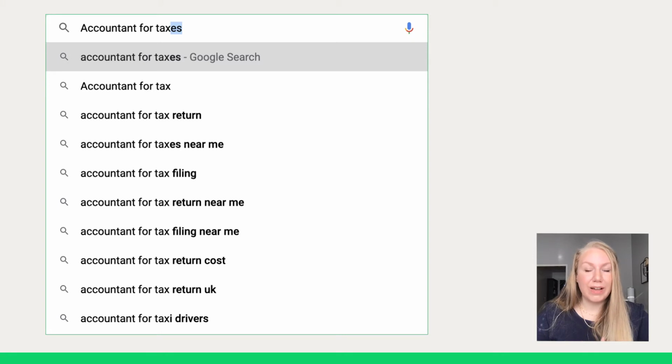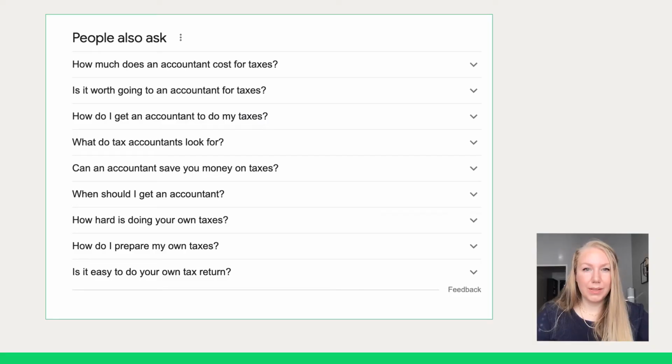So Google's identifying all of these relevant topics and trying to predict what you might want. In this example, I stuck with something simple, but I suggest trying a few different queries related to your business to see what comes up here and start getting inspiration. A surprising result is that people are searching for tax accountants for taxi drivers, which is a very niche topic that one could write about to attract new clients.